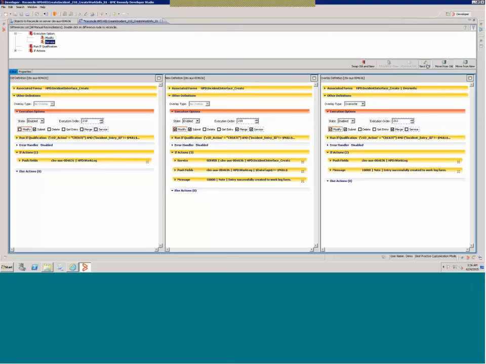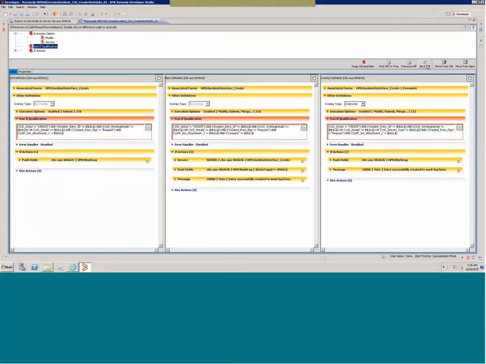Same for this option as well. In the run if qualification, there is a conflict. I can clearly see from the icon here. And let's say I analyze this qualification and I decided that whatever BMC has provided is the one which I'll be using. So I'll just hit the move from new button.